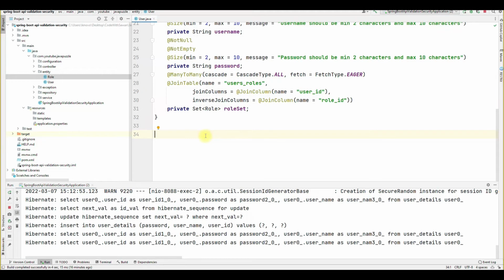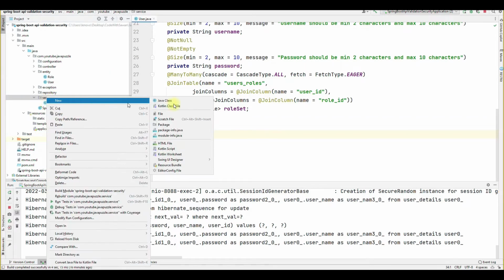Then the next thing we have to do is create our custom user detail. So inside the service, let me create one class.